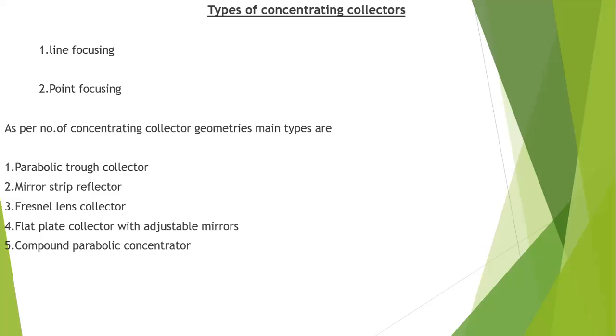Second one are point focusing collectors. These are large parabolic dishes. These comprise some reflective materials that focus the sun's energy onto a single point. So the heat from these collectors is generally used for driving Stirling engines. Although these are very effective at collecting sunlight, they must actively track the sun across the sky to be of any value.